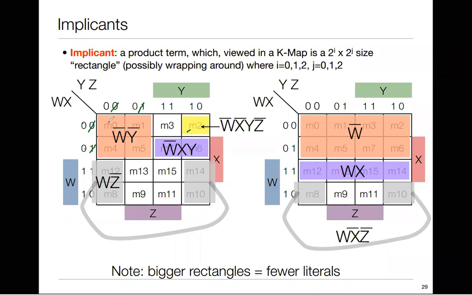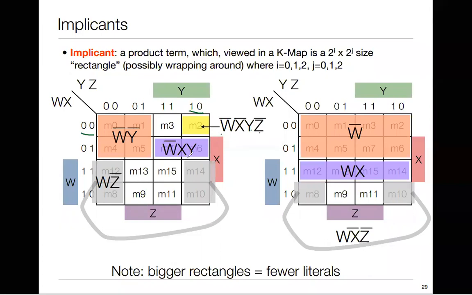Now if you take this yellow color one, what is this? For the yellow color one, it is a single 4 variable cell, equivalent to 0 and 0 because nothing will get cancelled. So 0 and 0 will be W bar, X bar, and here it is 1 and 0. So 1 represents Y, 0 represents Z bar. So this is the second implicant.